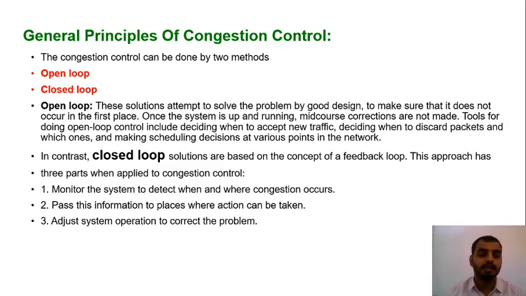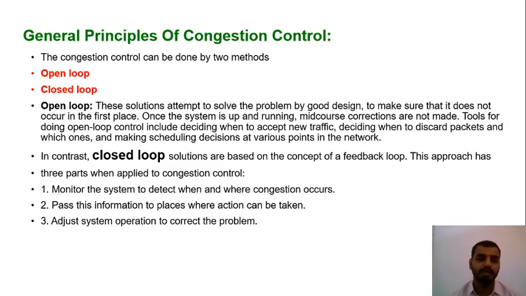If there is a capacity of 100 people within a seminar hall, and 150 people are coming, you will allow only 100 people. For the 101st person, you will say the seats are over, there is no more capacity. You can wait outside. After this session has been completed, you will be called inside the hall. This is what we call open loop, which will avoid congestion.